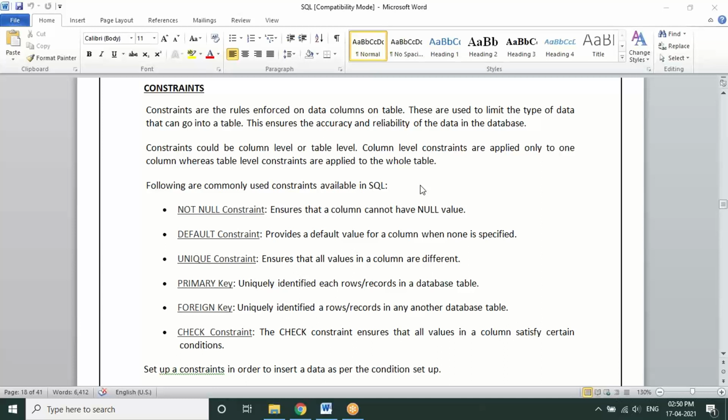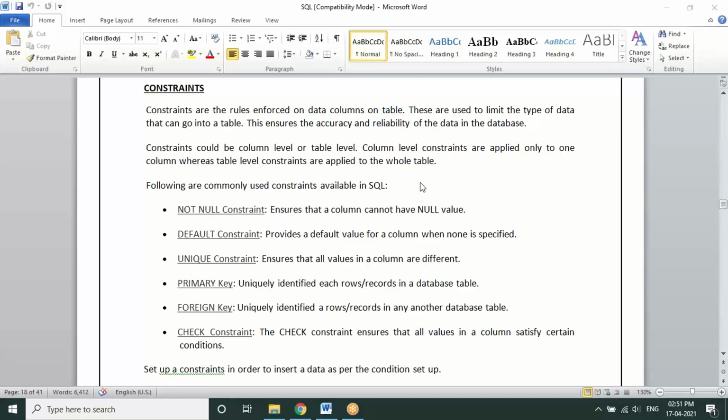But still, whenever we want certain rules to be enforced on particular columns, we require these constraints. These constraints are rules which are enforced on the data columns of a table, which we enforce to implement over the database. Certainly, to limit data and make it more robust and more consistent, we require these constraints. So we call them SQL constraints. Simply put, they are rules to enforce on any data column of a table.